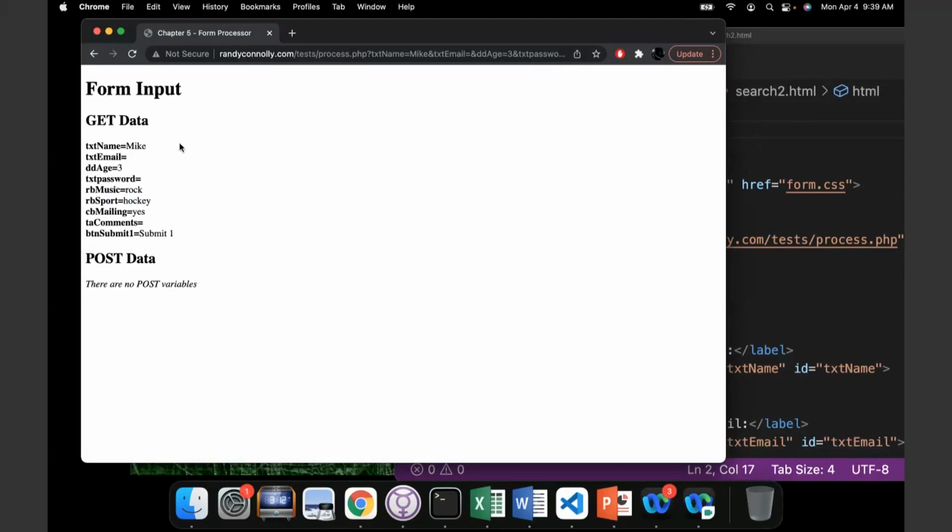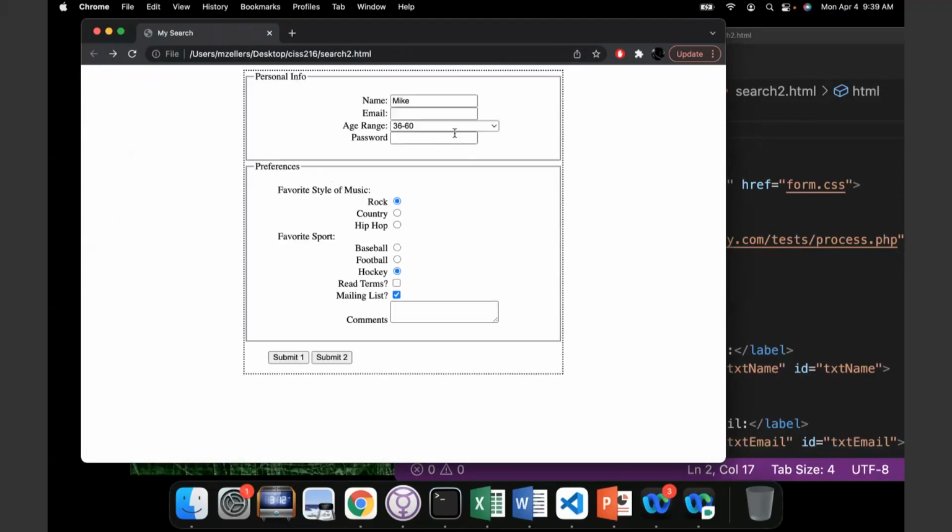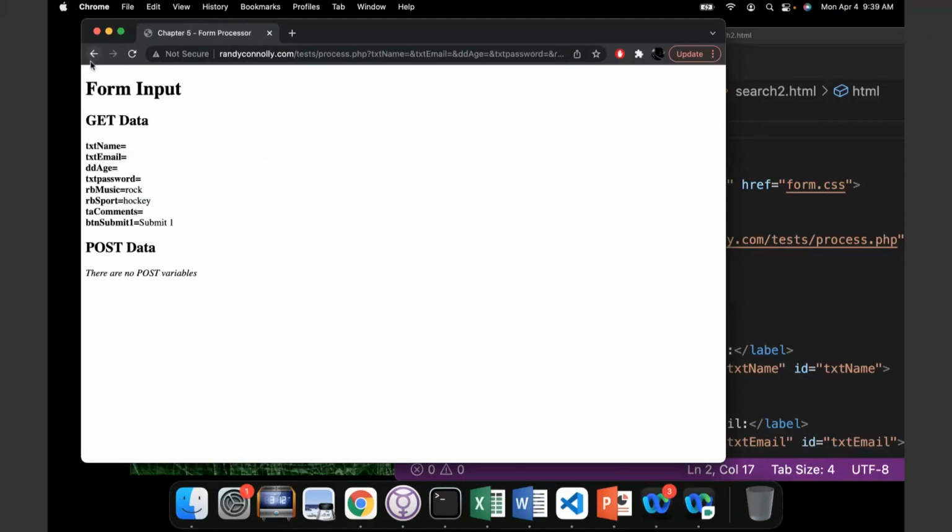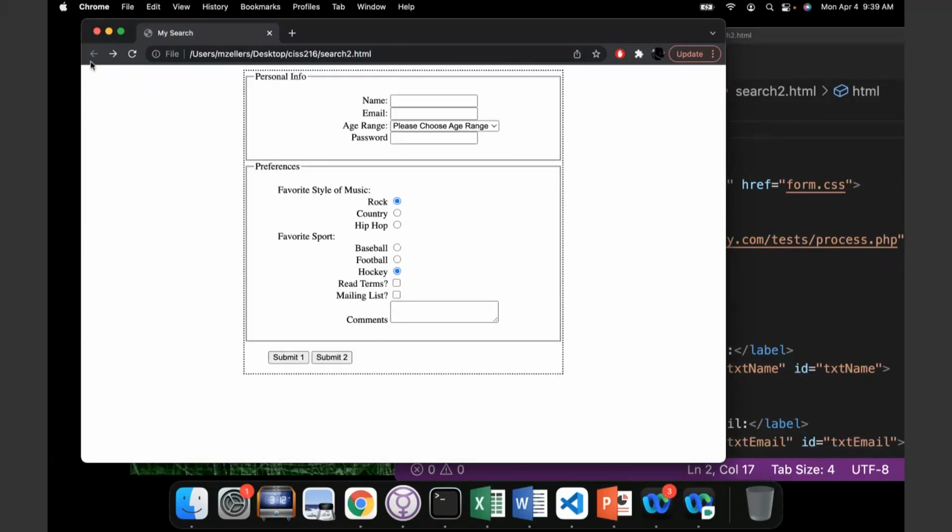You might notice that there's no guarantee that anything is entered. In other words, I can choose nothing and it won't give me an error. There are things that we can do to prevent that from happening. That is, there are things that we can do to require data to be entered. And we'll look at some of those in a minute here. One of the ways we can do that is via JavaScript, which again, is not a topic for today. We will not be covering JavaScript in too much detail in this class,